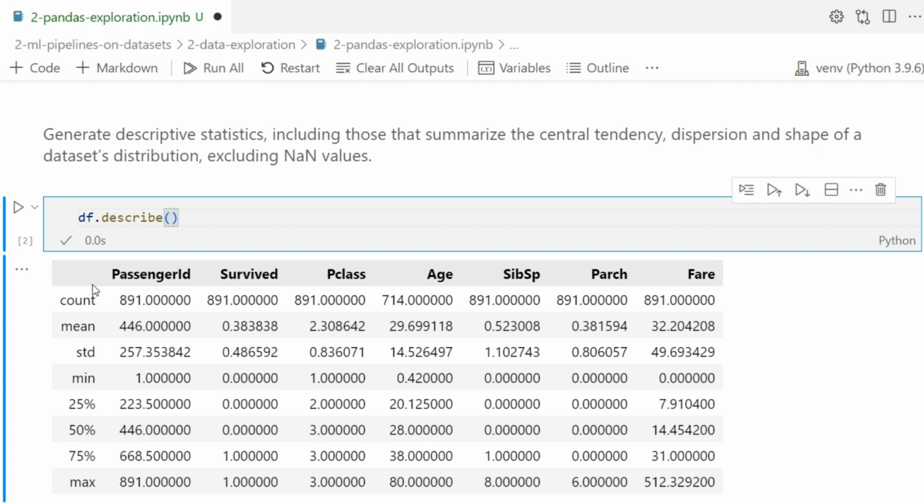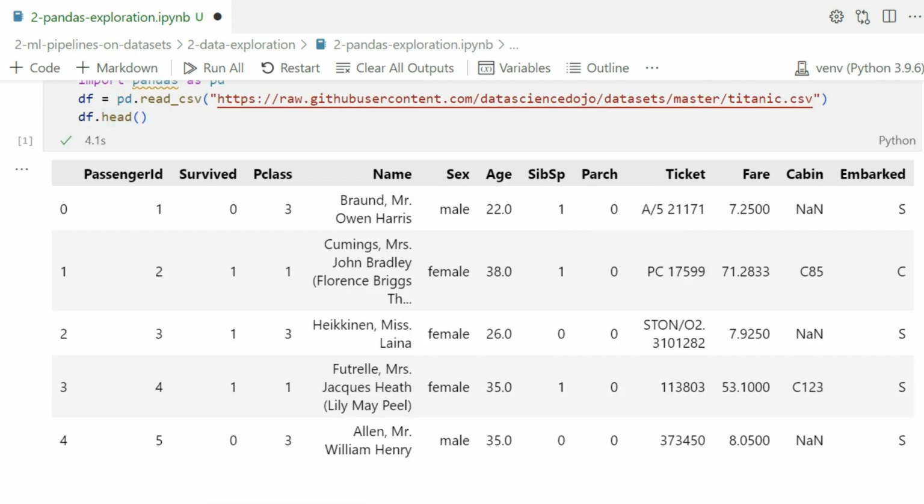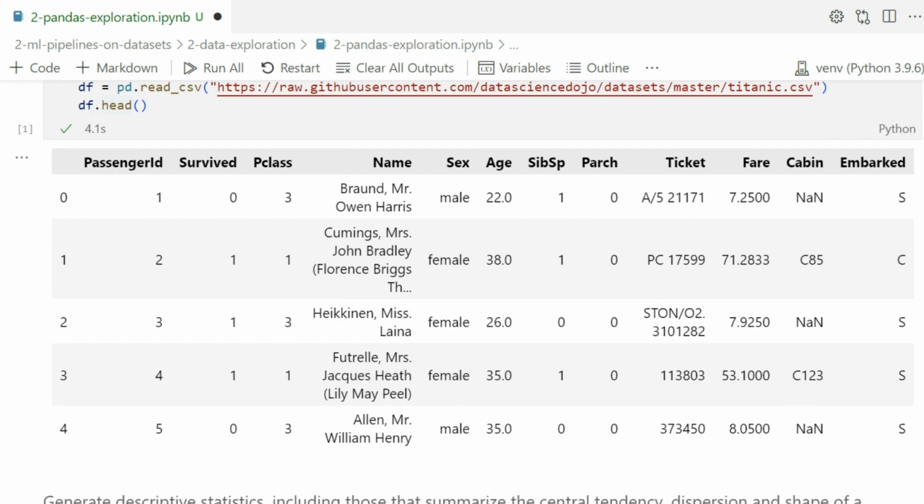Because we're in the data analysis step here, we're looking at columns from a different perspective. There are numeric variables or categorical variables. Right here you have just numerical variables. The name has been excluded, the ticket and so on.